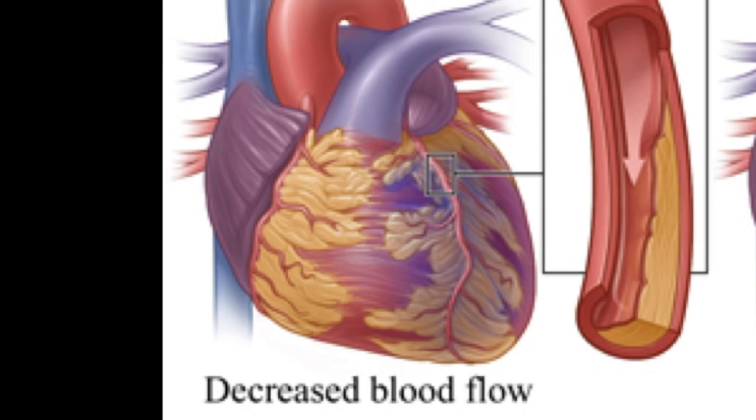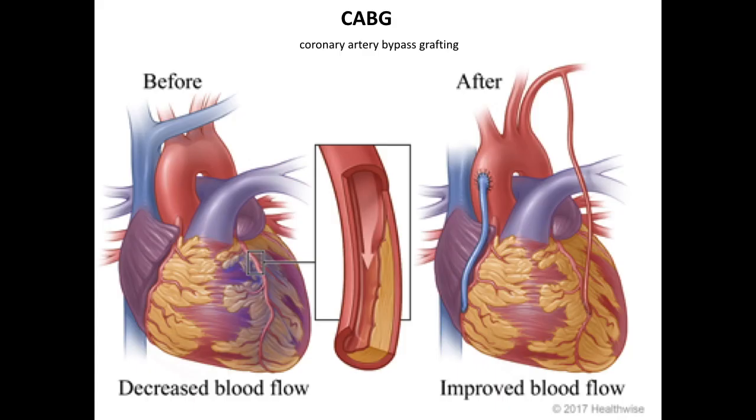So when this narrowing or blockage is severe enough, a coronary artery bypass graft can be used to provide blood flow around the blocked area. This involves using an artery or vein and stitching from the aorta to below that blocked area to bypass it and restore blood flow to the area beyond it. So that's the LAD running down the anterior